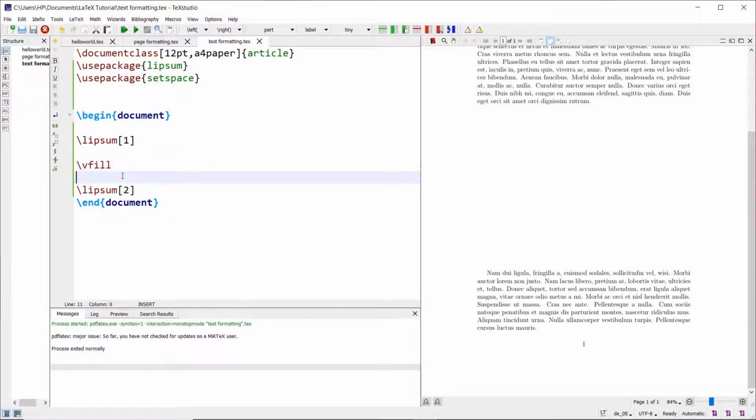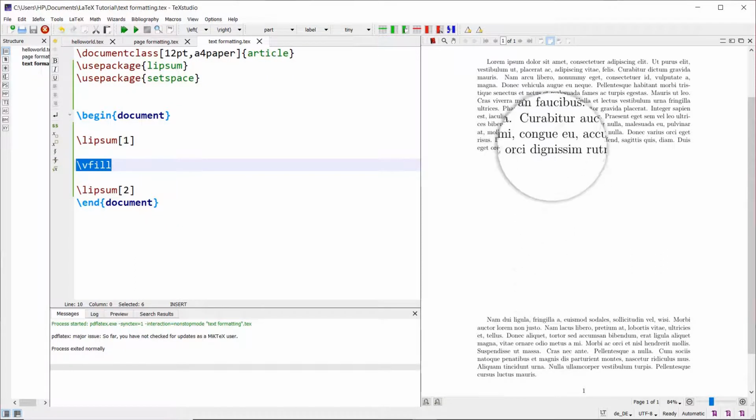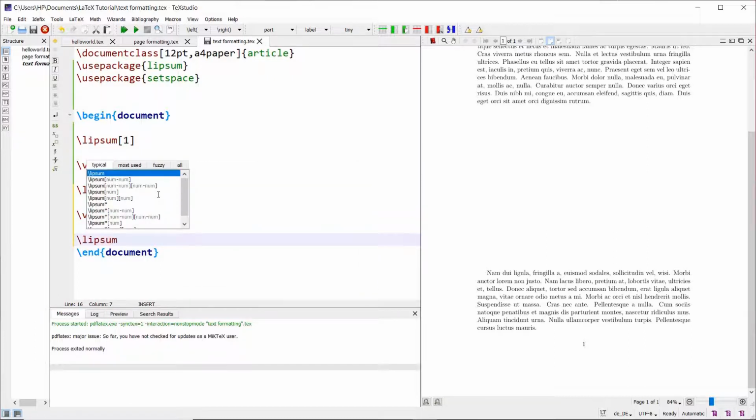So how does vfill work? It tries to fit the content as much as possible into a single page, and between each text wherever vfill is specified, it tries to fill that gap with spaces, ensuring that the entire text covers the entire page. So to show this more, I will again write the vfill command and specify one more paragraph from Lipsum.